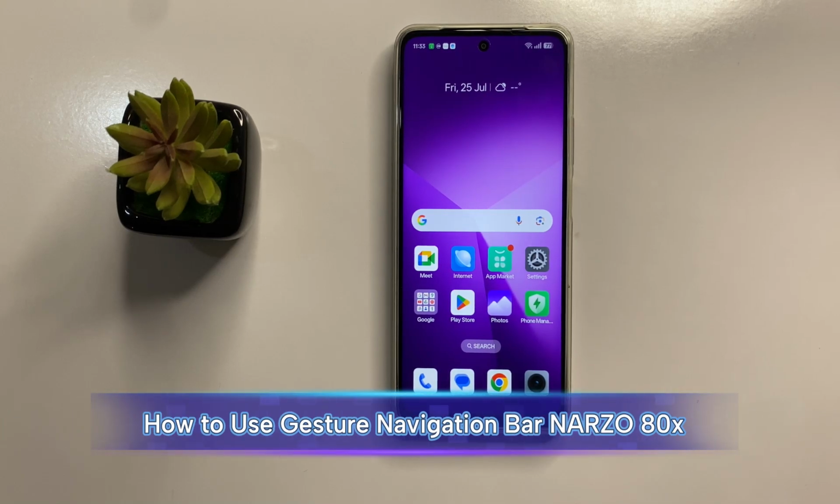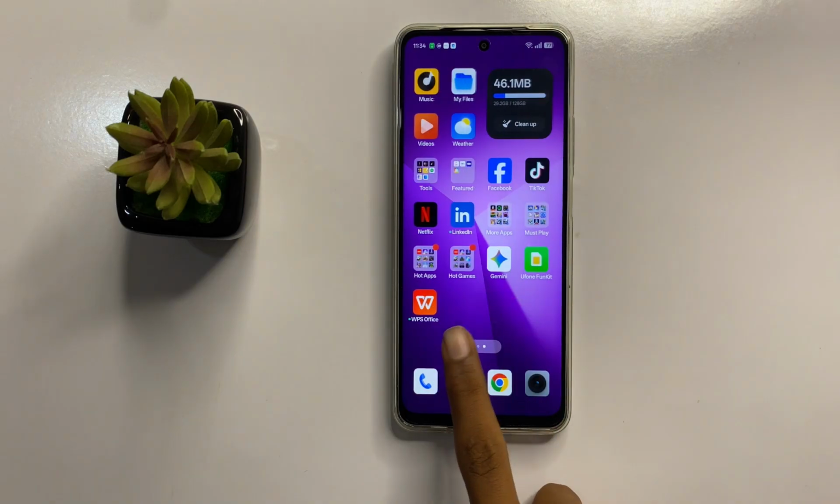How to use gestures navigation bar in Narzo 80x. So let's start the video. First of all,